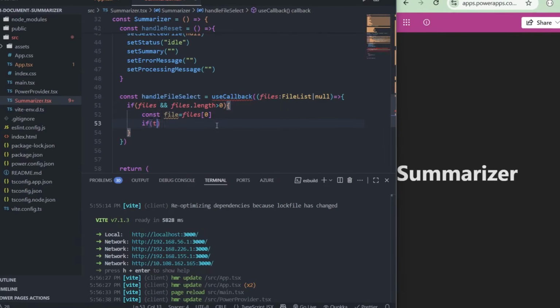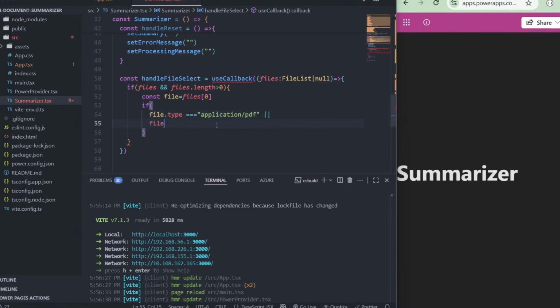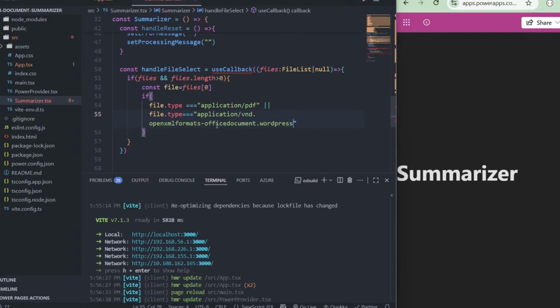Then another check for the type: if the file type equals application/pdf or the file type is the Open XML format, the Office document for Word,